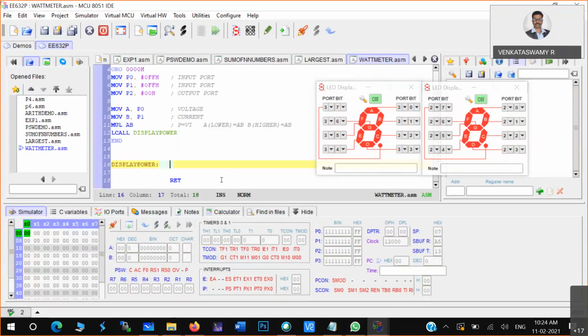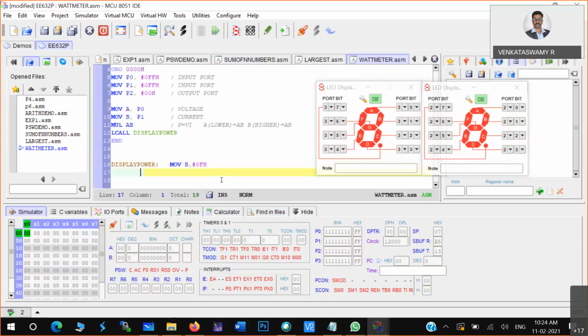Now what I'll do. Okay, so now you see. Move B comma the constant value 0FH. So that means this is the AND operation that you have to do.